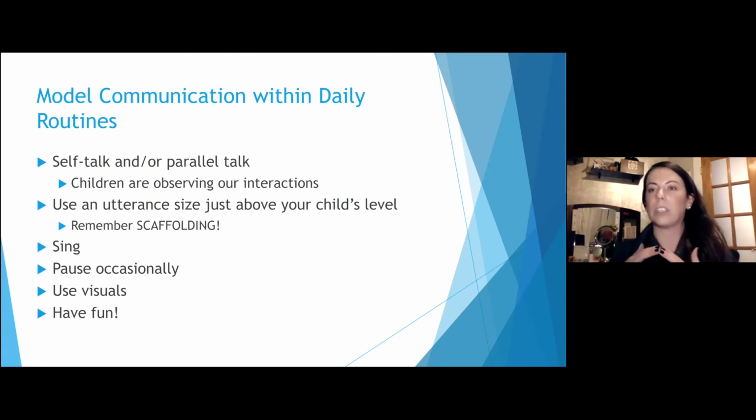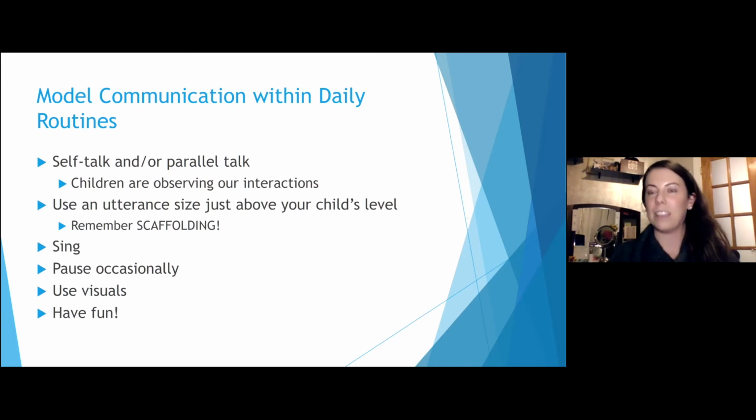So we want to make sure that we are maybe using 3 to 5 words outside of that, or providing them still with a language-rich model, just not very large. The other thing is singing. And so you heard me with singing, put our socks on. You can choose any melody. Trust me, they don't care. The sillier, the better. And you can put any words to it.